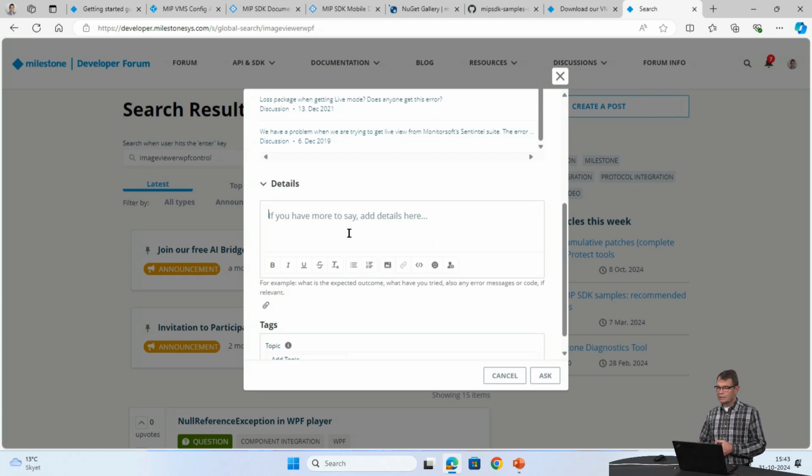The more details on what you observe, what are the error codes, what is this setup, is there a special scenario where it fails, while it doesn't fail in other scenarios. All that information is very good to have here.